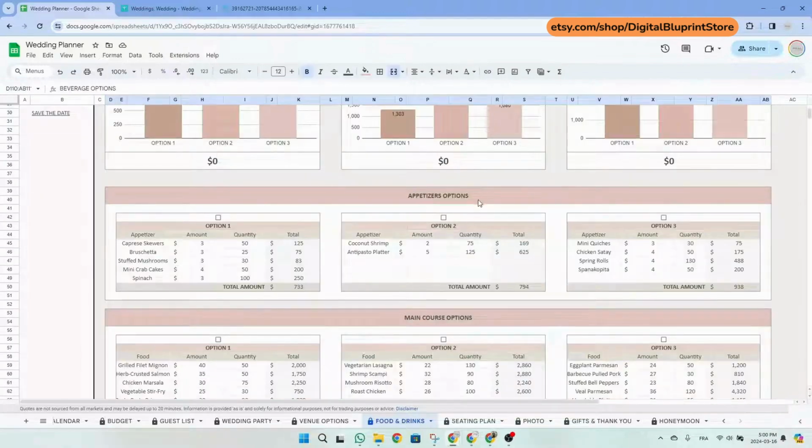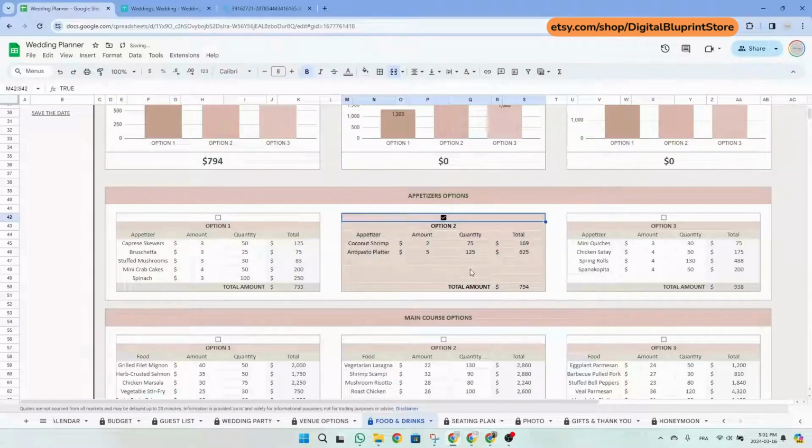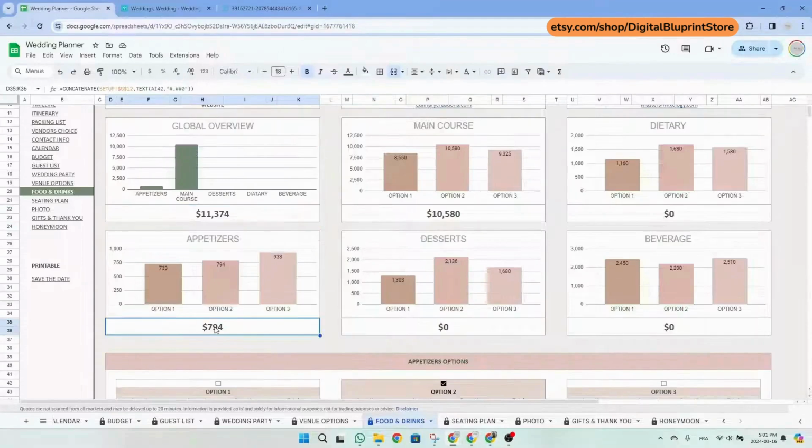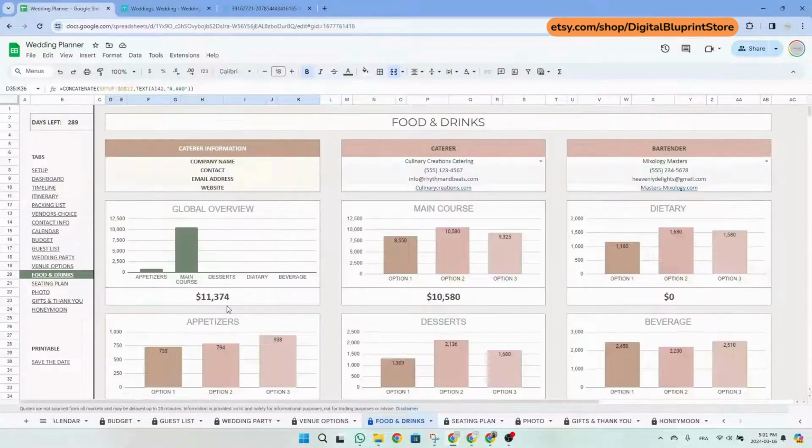So what you need to do is basically compare all the menus and total amounts. And when you are ready to decide, you simply tick the checkbox. As you can see, once you tick, it becomes highlighted in light pink. So now that we ticked the appetizer option as well as the main course option, if we scroll up, we will already see that the amount in main course went from 0 to more than 10,000, and same thing for the appetizer. Then in the global overview, you will see the global amount that you are willing to pay,